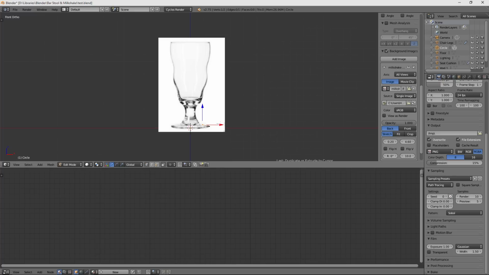But because these axes get in the way, and I don't feel like turning off the axes, which you can do with control space, I don't feel like keeping them off because I like them as guides. So what I'm going to do is just hit E for extrude, and I'm just going to extrude point by point and come up along this. It's a little bit faster because I don't have to worry about scaling in or out. I'm only working in essentially 2 dimensions right now, and it's pretty easy because I'm only doing one side.